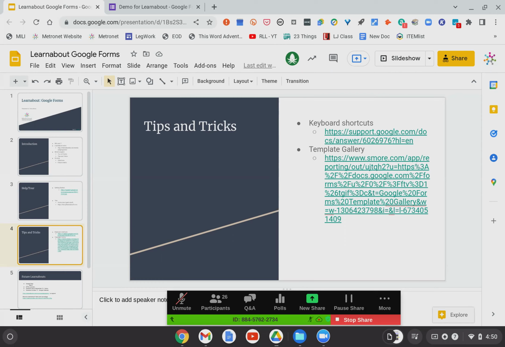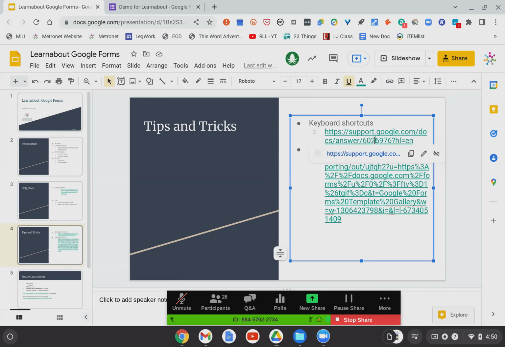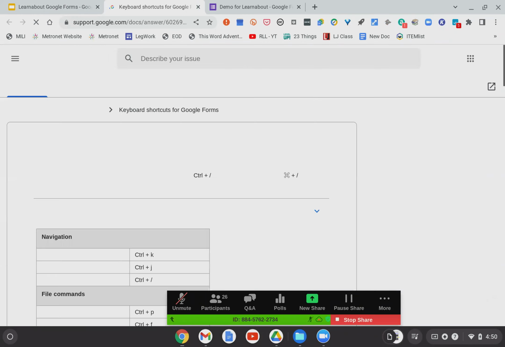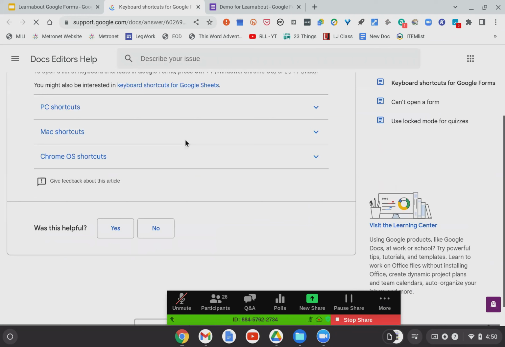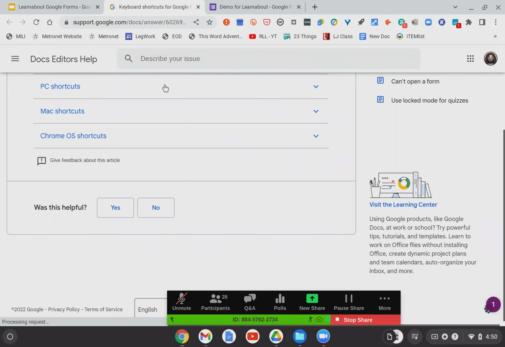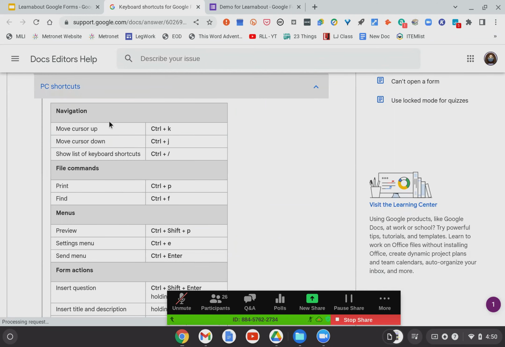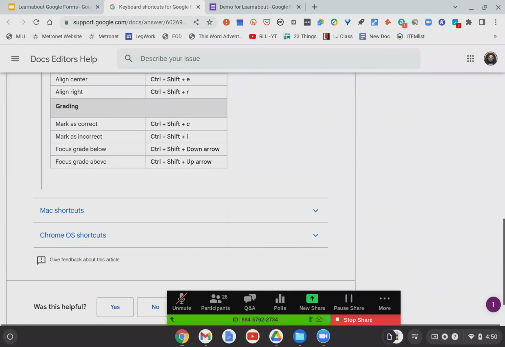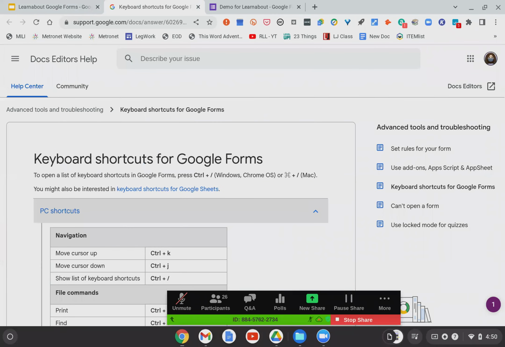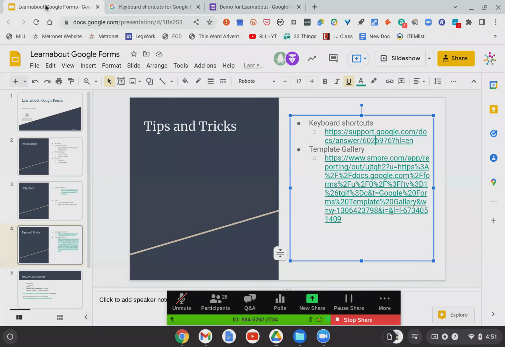And Google is super awesome about showing you individual keyboard shortcuts for their different programs. So for Google Forms, they have their own keyboard shortcuts help guide, which I have linked in the slide deck. So you can take a look and see if you're looking for a specific thing, PC, Mac, etc. If you're using a PC, you can come in here and see how to navigate using your keyboards. So if you like that sort of thing, as I do, I'm perfectly okay accepting my nerdiness. I am a nerd. I like keyboard shortcuts. So that is a way to look at that.